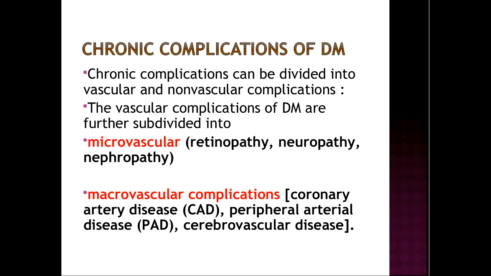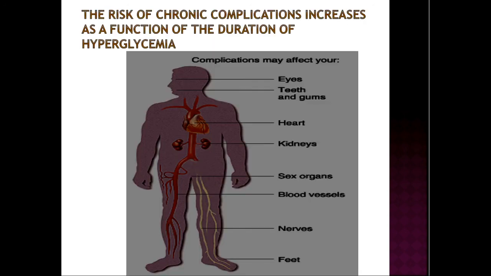When we talk about microvascular disorders, it can be retinopathy, pathology of eye vessels, neuropathy, pathology of peripheral nerves, and nephropathy, pathology of the renal tubules. Macrovascular complications are pathology of big elastic vessels: coronary artery disease, peripheral arterial disease, and cerebrovascular disease. The risk of chronic complications is sharply increased as a function of the